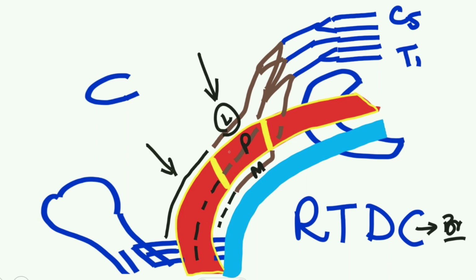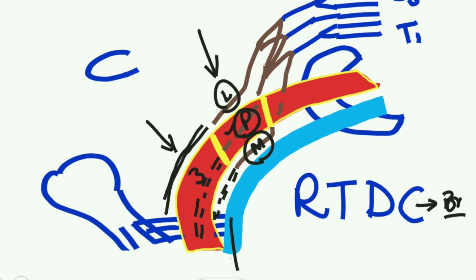The lateral cord is lateral to the second part of the axillary artery, and its branches will approximately be lateral to the third part of the axillary artery. Posterior cord is posterior to the second part, and its branches will most probably be posterior to the third part. Medial cord is medial to the second part, and its branches will be medial to the third part approximately. And especially those branches that enter the arm and accompany the artery for a longer duration. I repeat, especially those branches that lead towards the arm and accompany the artery for a longer duration.